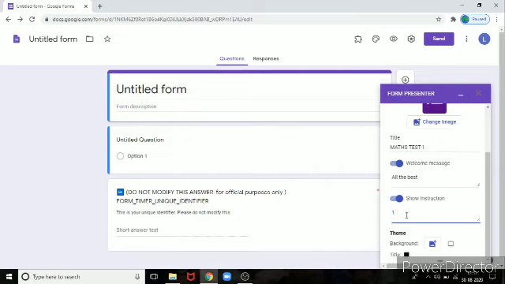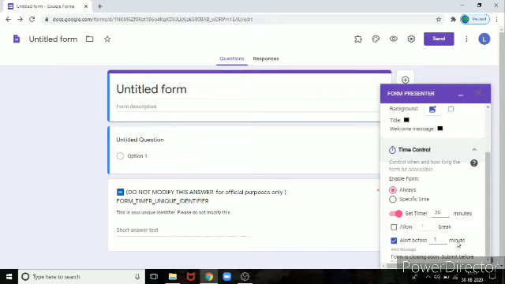I am giving some instructions here: follow the timing, the test will be over by, I'm giving just 40 minutes. It is just an instruction, I have not given the time yet. If you want to give other instructions, you can. You can also change the background for the interface.